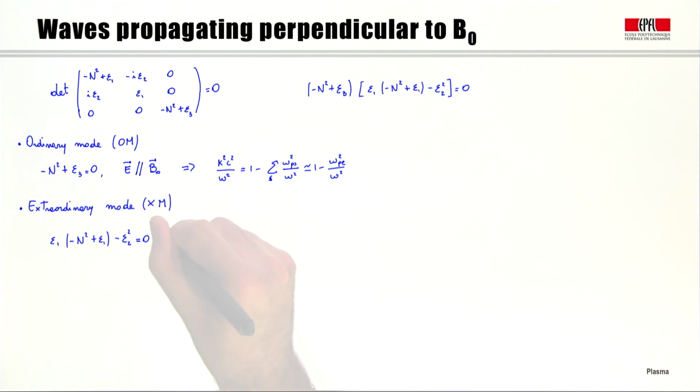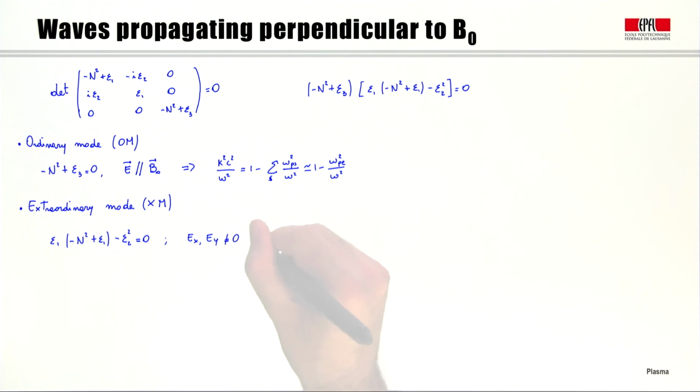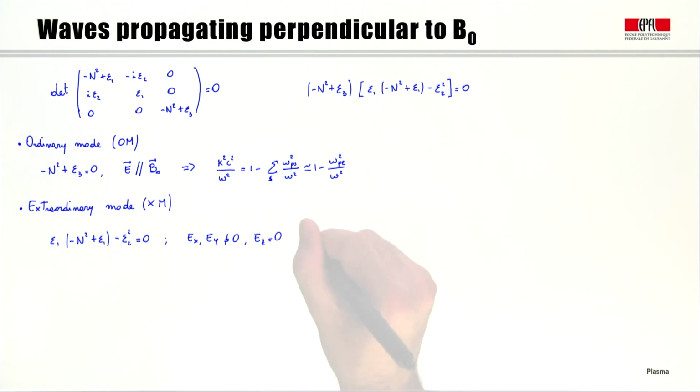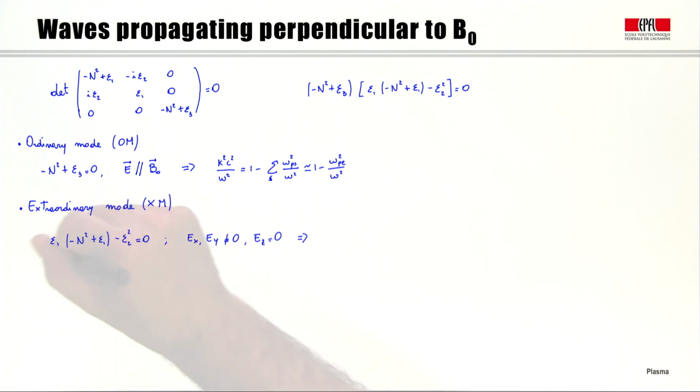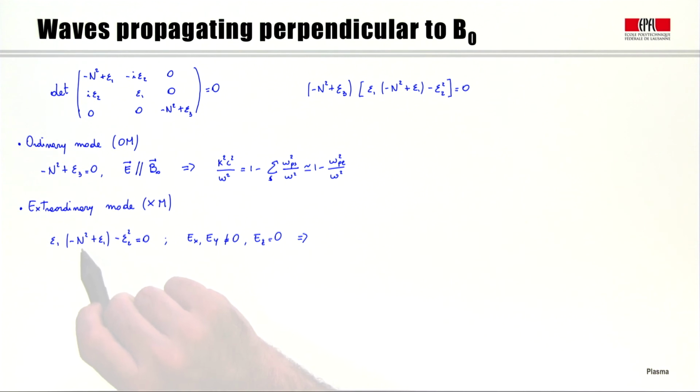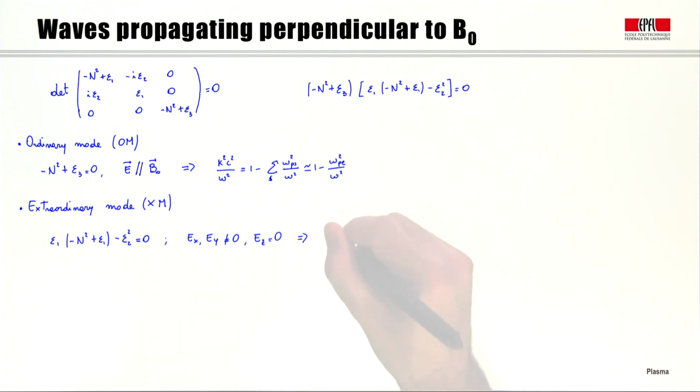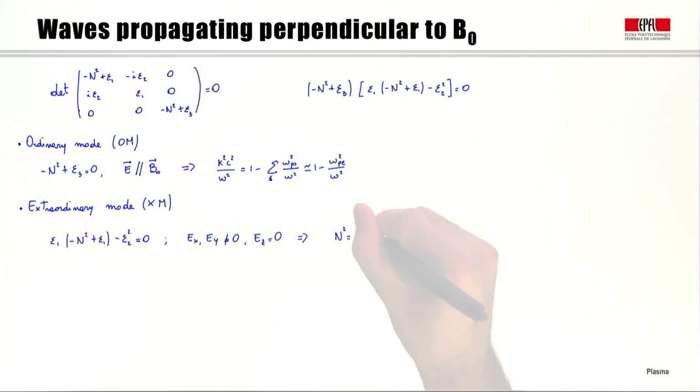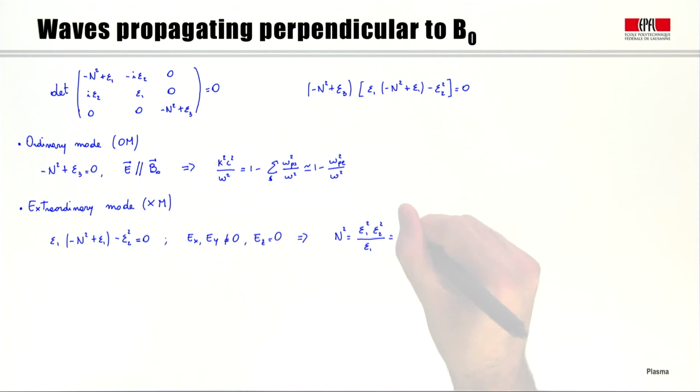For this wave, we will have that Ex and Ey are in general different than 0, but Ez will be constrained to be equal to 0. And if we try to solve the dispersion relation, by expressing n squared in terms of epsilon 1, epsilon 2, we find that n squared is equal to epsilon 1 squared